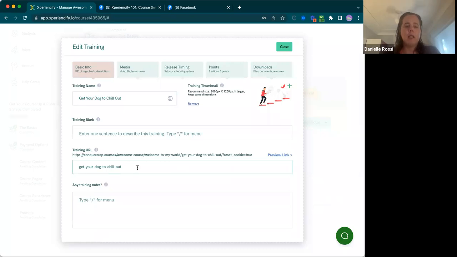We can customize the URL yet again of this training. So what we've got is our school name, our course name, our module name, and then our training name. It can get quite long if you've got a lot of words in your training and module names. So if you want to abbreviate it, you certainly can do that here, and it doesn't affect the actual display